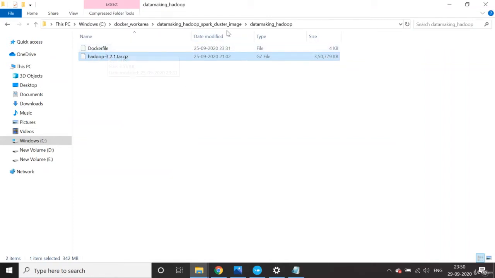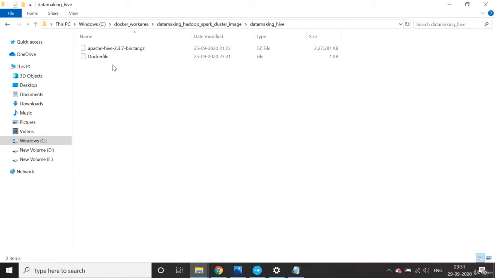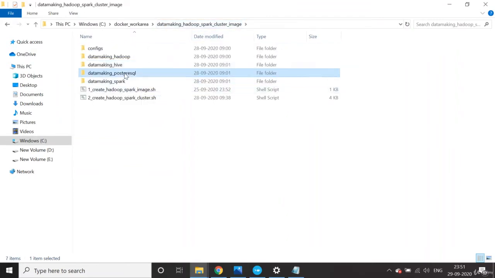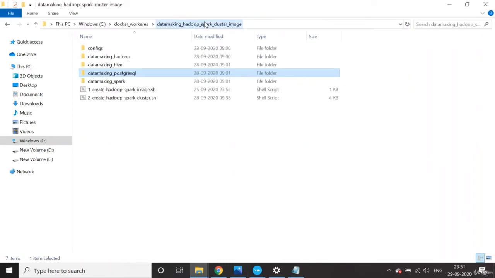We'll go through this Docker file in a short while. Then there's a folder called data making underscore hive, which again has the Hive binary file and a Docker file. There is one more Docker file which just pulls the official Postgres image and sets up the databases for the Metastore.